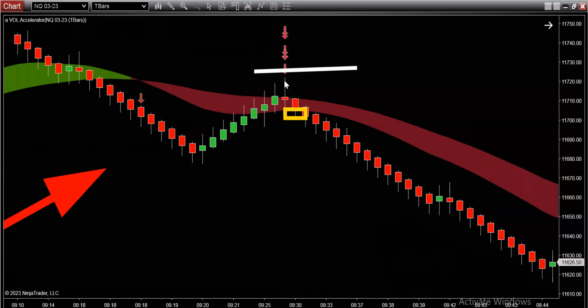That's it. There's no thinking, there's no discussions about it, there's no wishy-washy, none of that. Boom! When this happens, you're in that trade. And from that point on, once you're in that trade, now it comes down to risk management, right? And all I'm looking to do is wait for this market to keep going in the direction